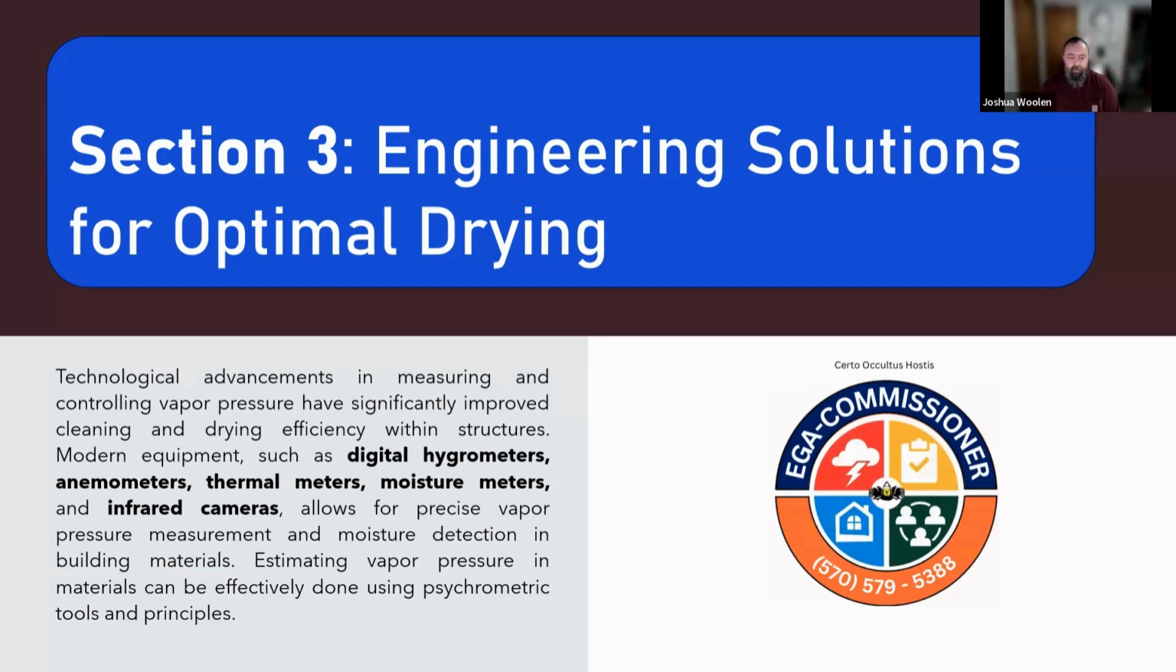The units of measurement are typically pascals or millimeters of mercury. And the vapor pressure is influenced by temperature and humidity. And understanding these relationships helps design buildings that manage moisture effectively in the drying process, right? So